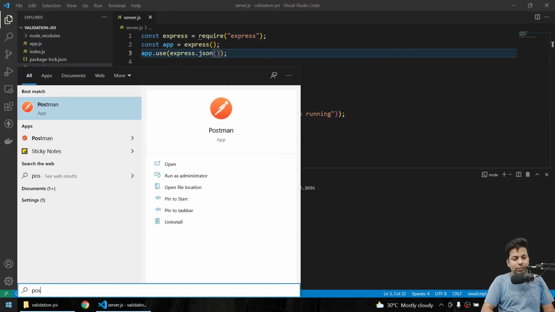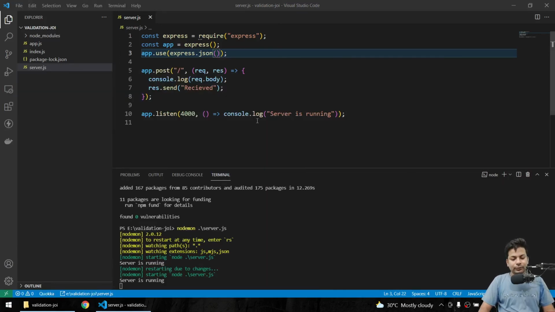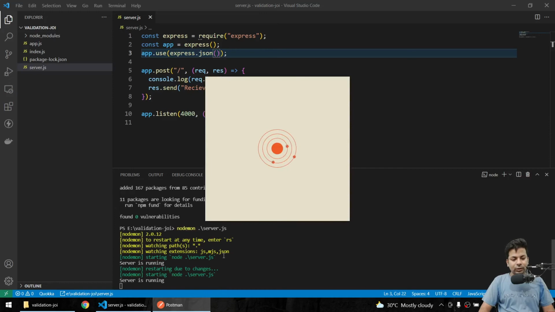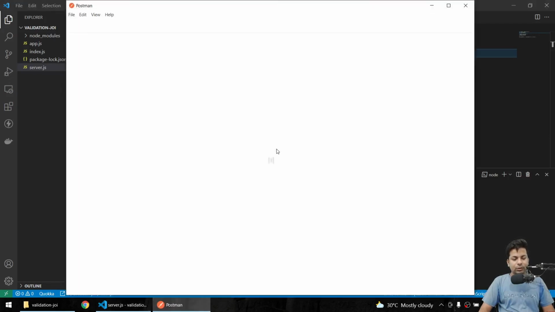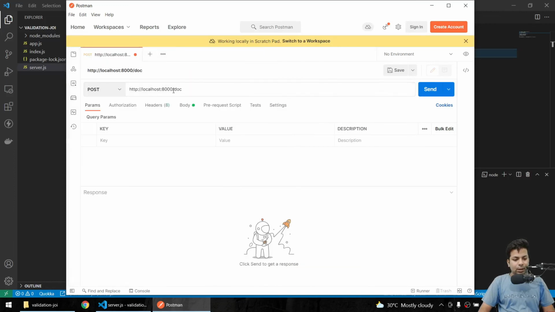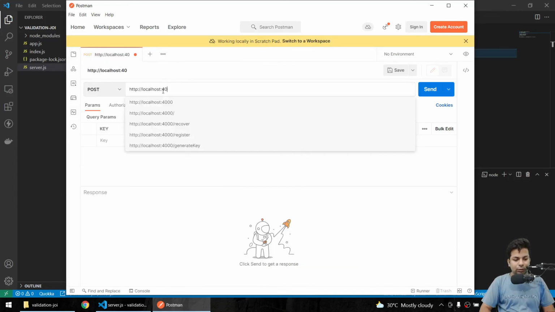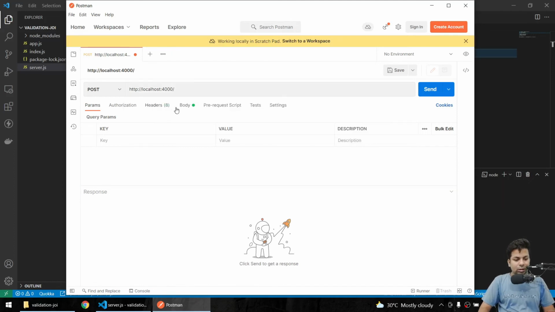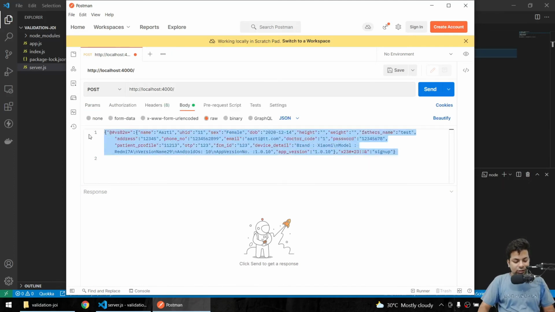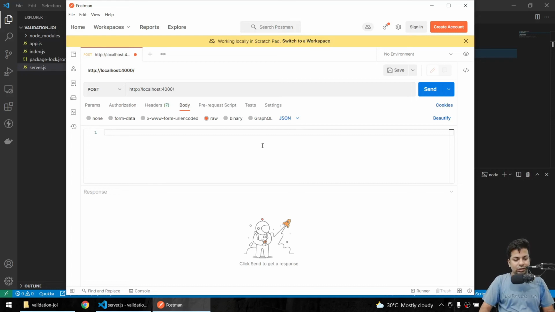So we'll open Postman. Now we'll send to port 4000, and here we'll just give some JSON data. I'll just check for the name, and everything's fine.